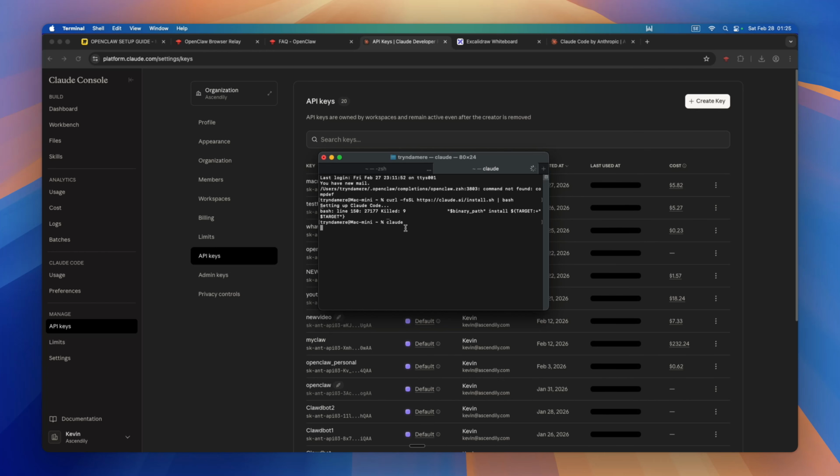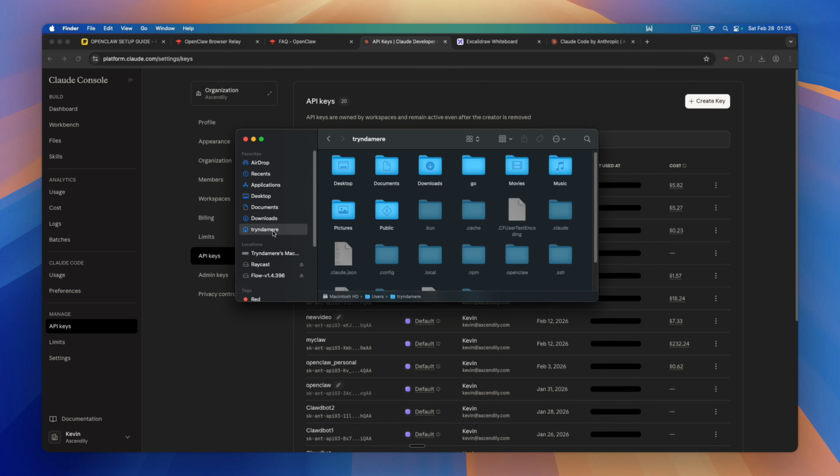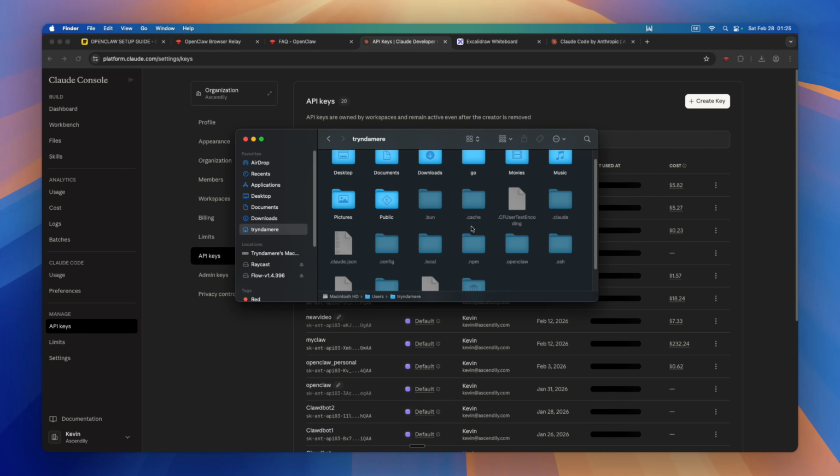So if I just now reference Claude, it should now basically be starting. But what I'm going to do here, I'm going to terminate that. And what you want to do when you're on local, you want to go into the installation folder that you installed OpenClaw. And if you installed it inside of the basic path that it always goes, you can go into